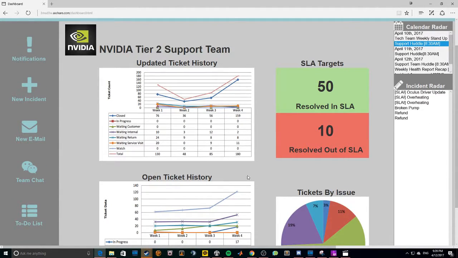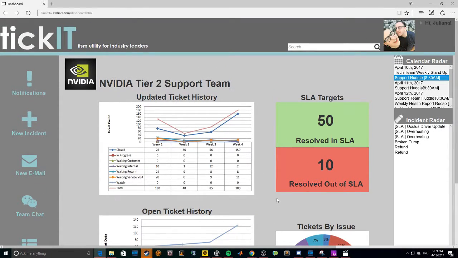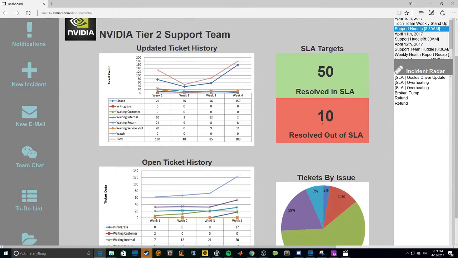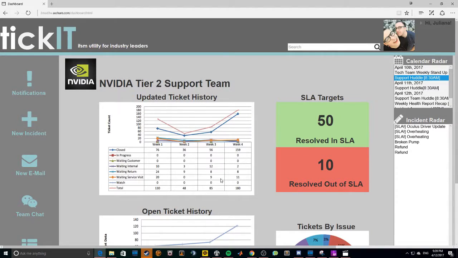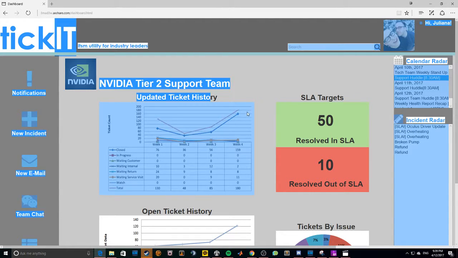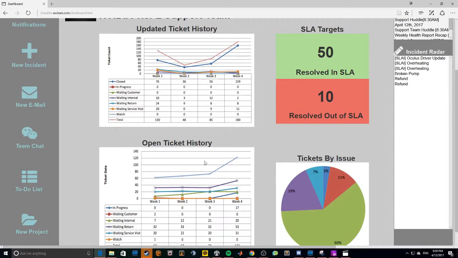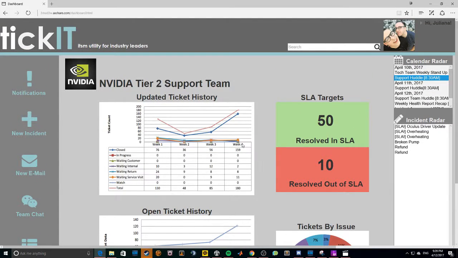So now the centerpiece was difficult to express in a high fidelity model because it is intended to be very customizable. There are widgets to select from. So this is an example of the 4 widgets set up on here that this user is interested in, cares about, and uses to justify ticket numbers. So we have updated ticket history, an open ticket history, and this looks like it's looking at it for the last month,